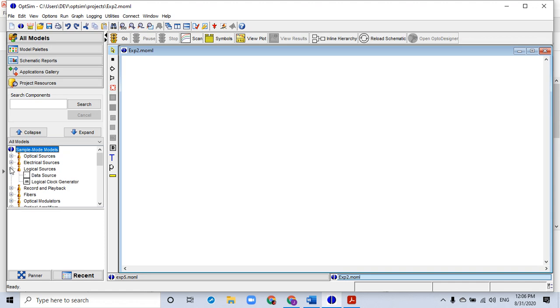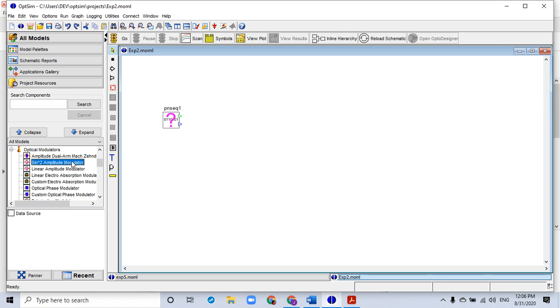So we go over here, select the data source, drag it and drop it. The next thing you need is an optical modulator. There are a lot of other modulators available over here in the library, but we use the sine square amplitude modulator for our experiment.